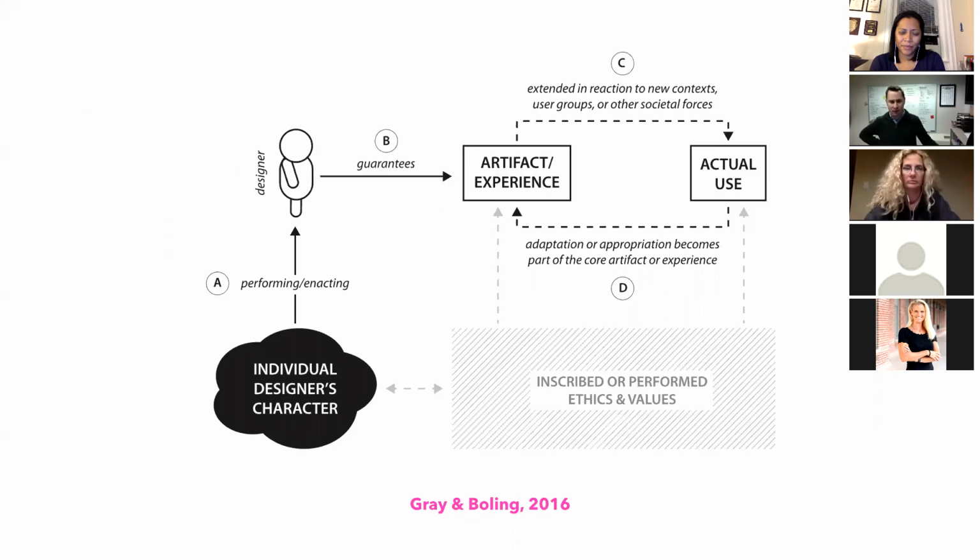I'll point out some key variables which might inspire some questions from you moving forward from a design perspective. So here we put the designer, again, front and forward. So the designer in the top left is constantly performing and enacting their character. That's what they believe to be true, what they believe to be right, the knowledge store that they're building on, all those good things. And as they're designing something, they are continuously providing some sort of implicit guarantee that that design is going to be a good one.